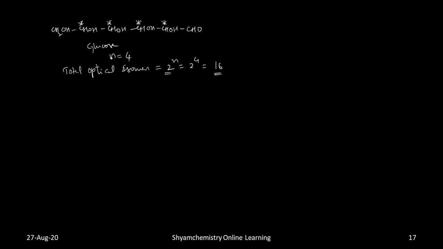So in both cases, there are no meso compounds. Meso compounds equals 0. There are no meso compounds in both cases. Coming to the second,